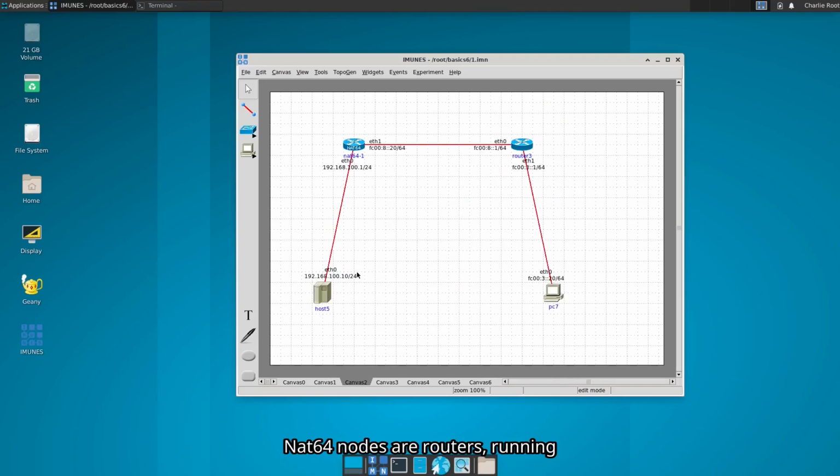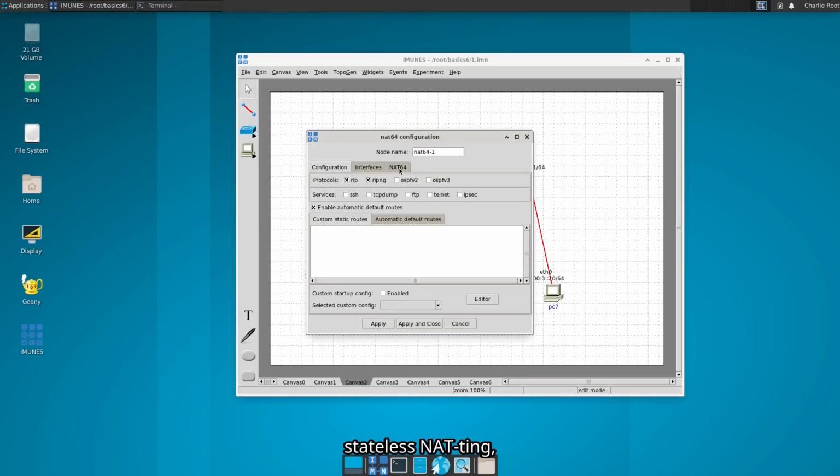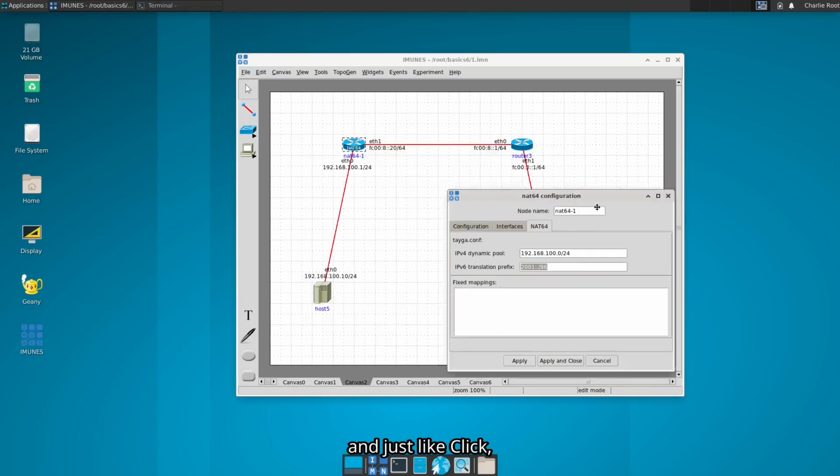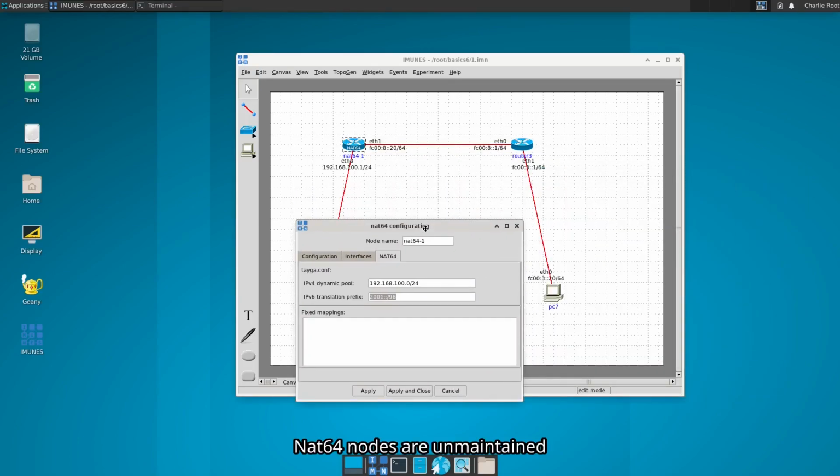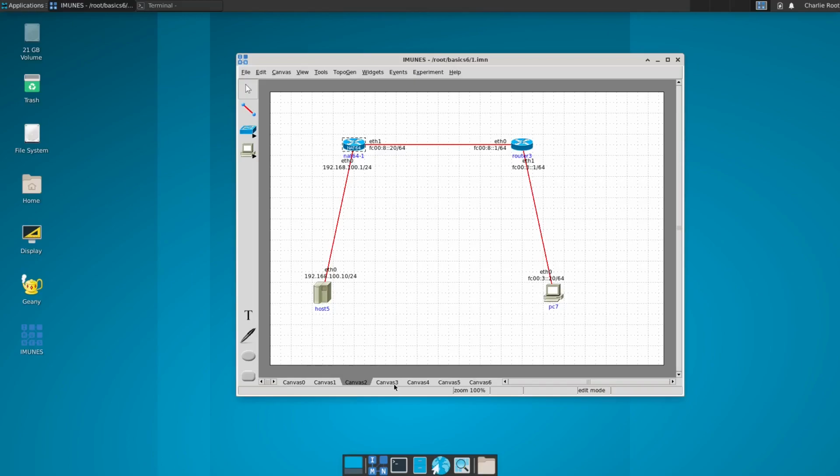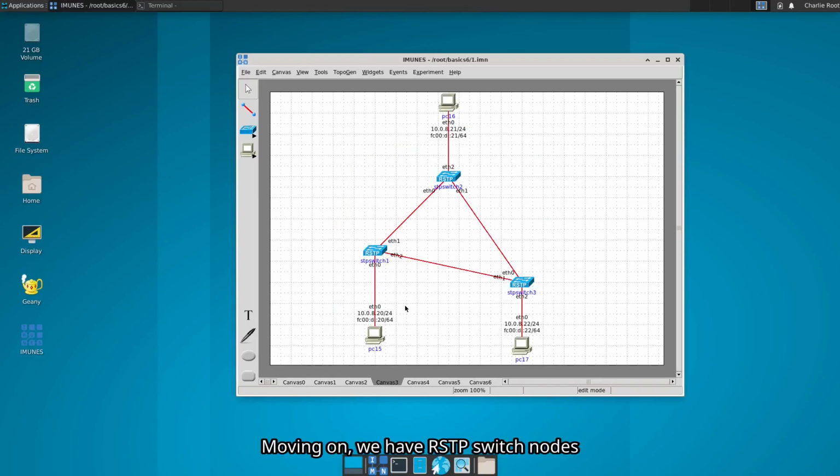NAT64 nodes are routers running a Tayga daemon for 6-to-4 stateless NAT. Just like Click, NAT64 nodes are unmaintained for quite some time now, so I should check out if everything is working as intended. Moving on, we have RSTP switch nodes running a rapid spanning tree protocol daemon, simulating an L2